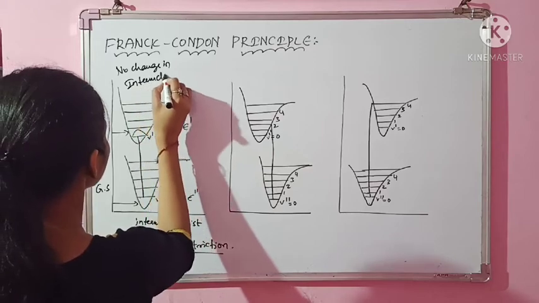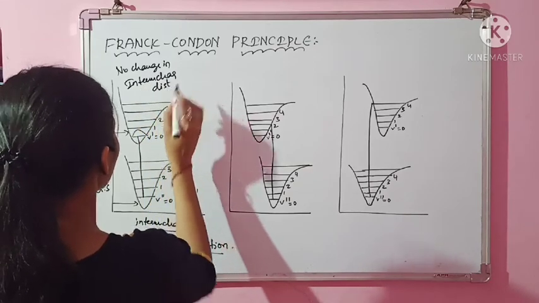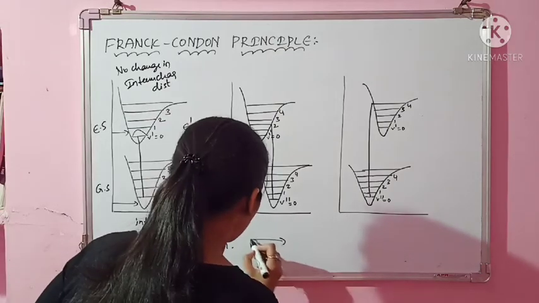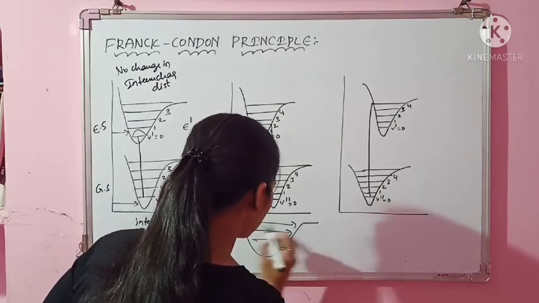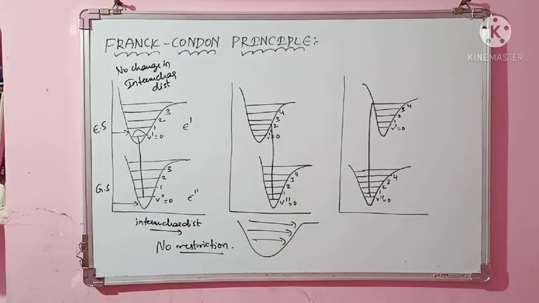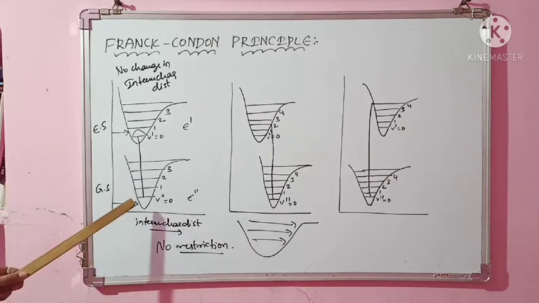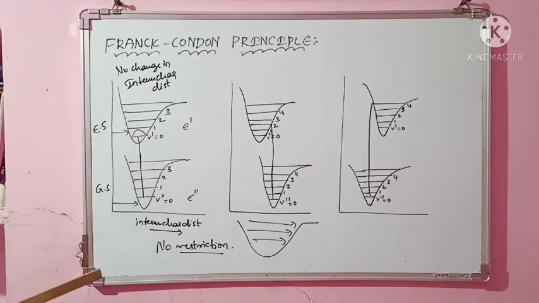Do you think this is possible? During vibration, when electronic transition is also taking place, do you expect that there is no change in internuclear distance? Definitely this is not possible. We can take this as a hypothetical case. There is a possibility, yes. As vibration increases, your bond length will increase, and it has a certain limit where it will break. But along with that vibration, electronic transitions are taking place, so the energy will be more. They will vibrate more and more, so the internuclear distance should obviously increase. But here it is the same. So let us just consider, okay, no change in internuclear distance. This is one of the possibilities.